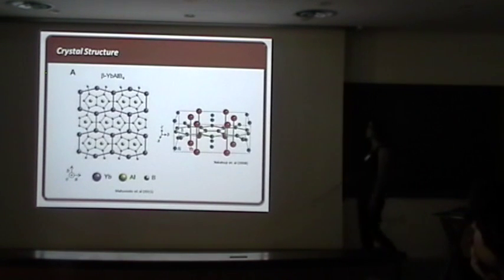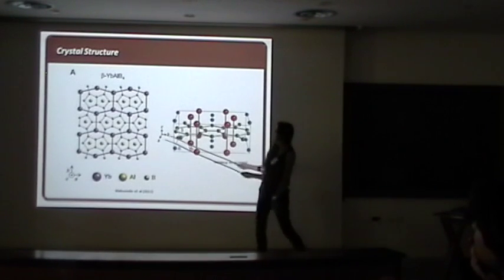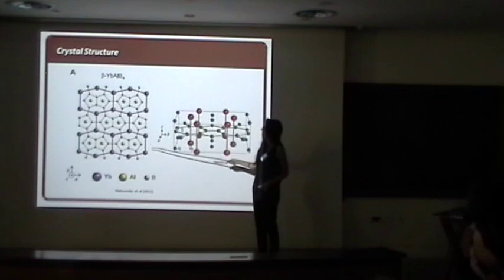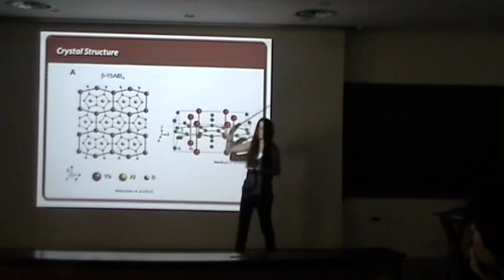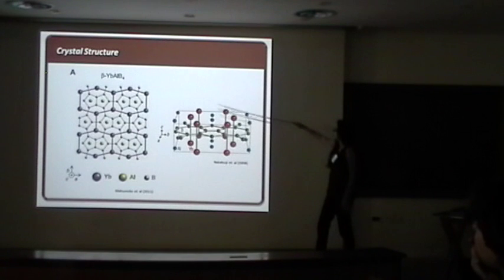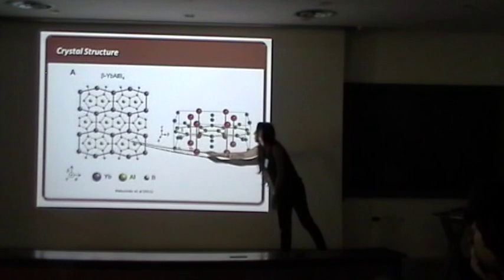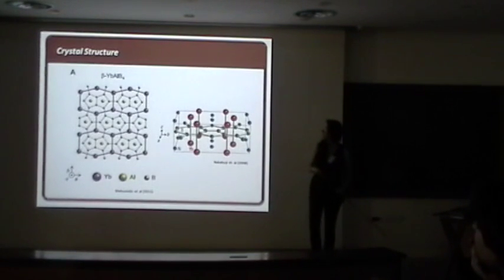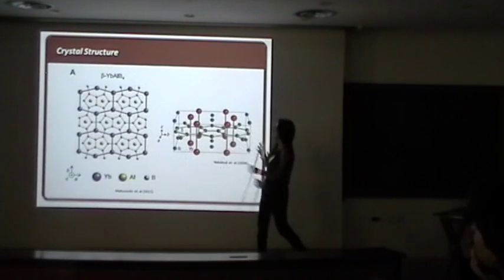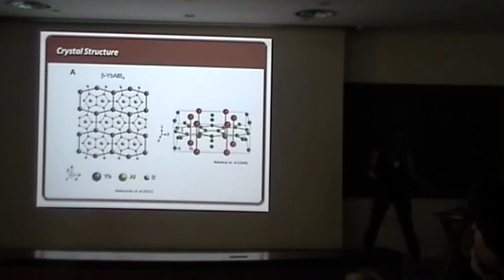So this is the structure. It's quite interesting. Here is the unit cell. And we see here the ytterbium atoms in a smashed hexagonal lattice. And it sits in between 2 layers of boron atoms, these green ones here. So there's one at the top and one at the bottom. And it sits in the middle of a 7 boron atom ring. We have also aluminum atoms in a deformed rectangular structure. But it turns out that this local 7-fold symmetry is quite